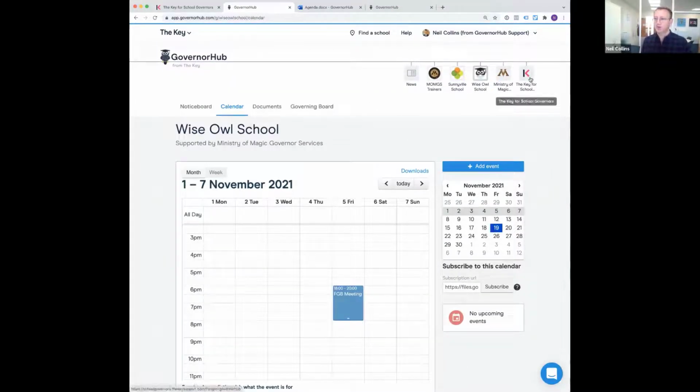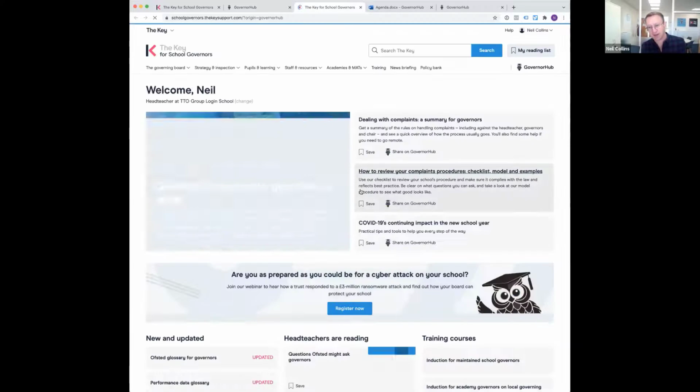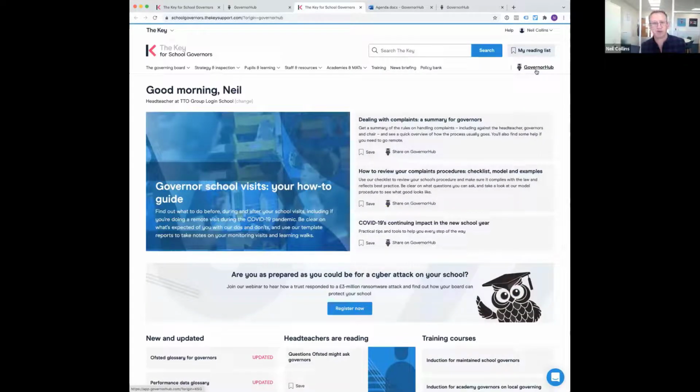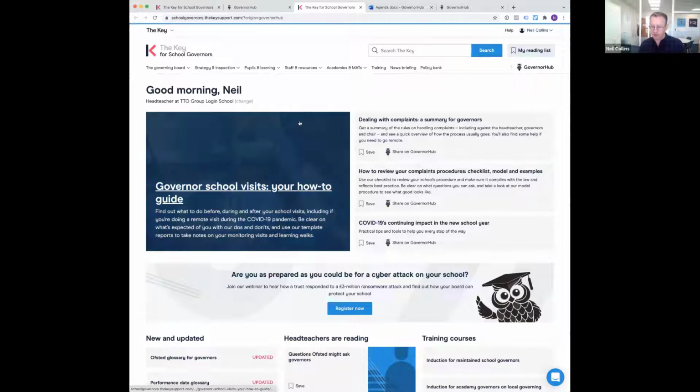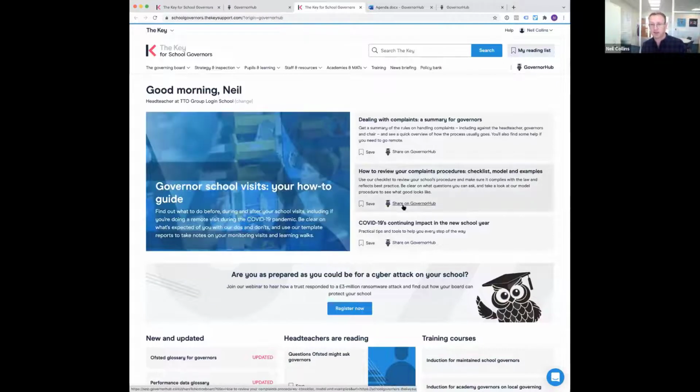The final thing I'll talk about then is the link back to Keep School Governance, because that now appears as an icon on what we call the washing line here. If I click onto there, that'll take me back into Keep School Governance. So hopefully that gives you a very quick run through of the features of GovernHub, and how you get between the two areas of Keep School Governors and GovernHub. As we bring the two sites closer together, there'll be more links as well. You can already share articles from Keep School Governors into GovernHub, and we'll be putting links back in the other direction.